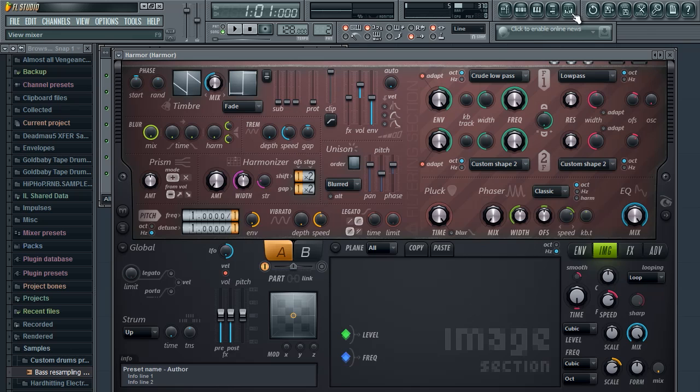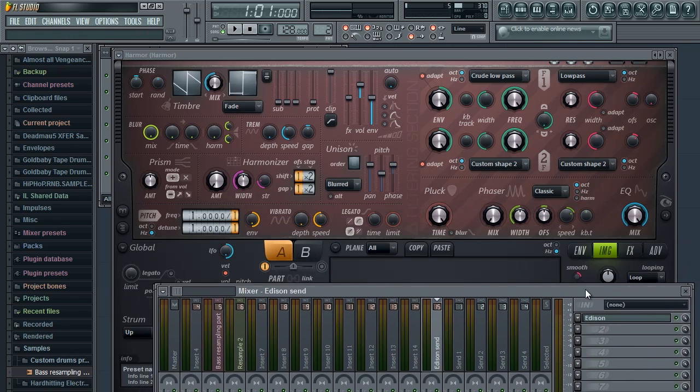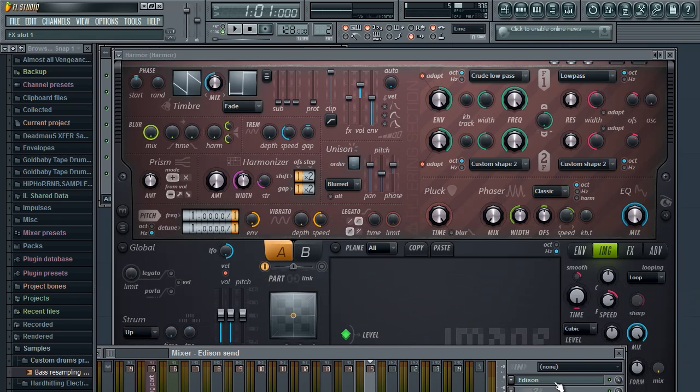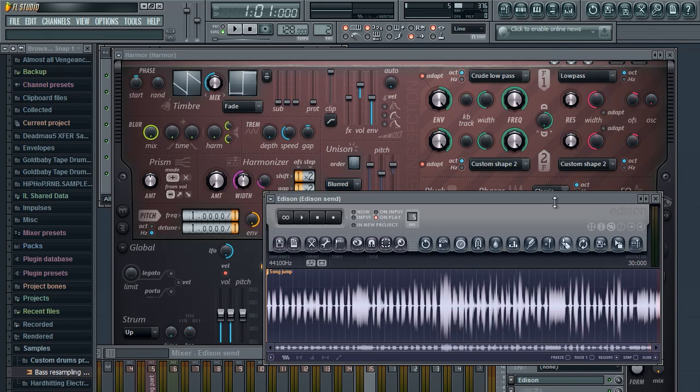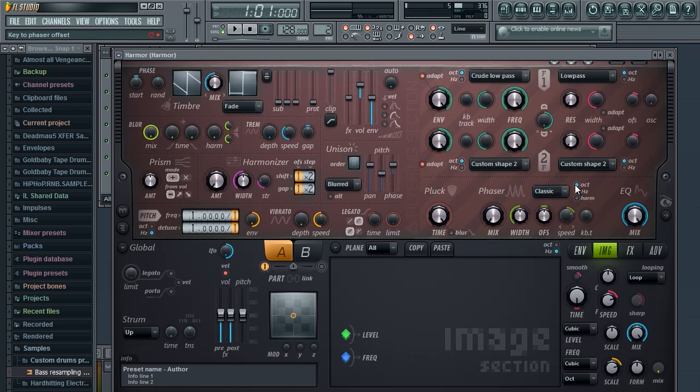So basically the quality will be a bit worse, but if you do what I just did, the quality shouldn't be too bad. Now I already recorded our sound here, so we're gonna open the image section here,